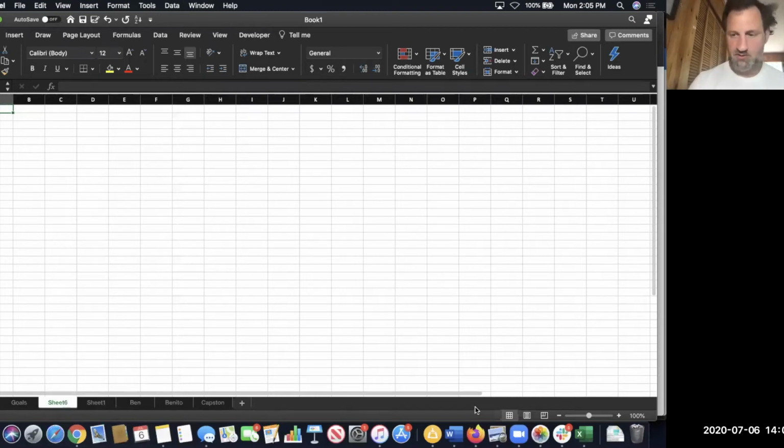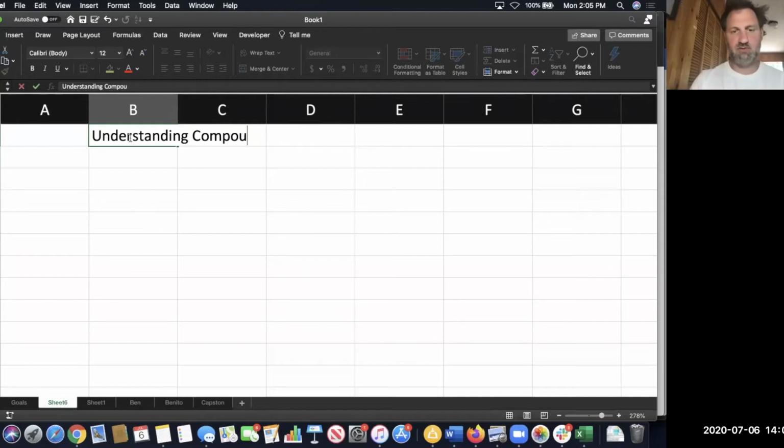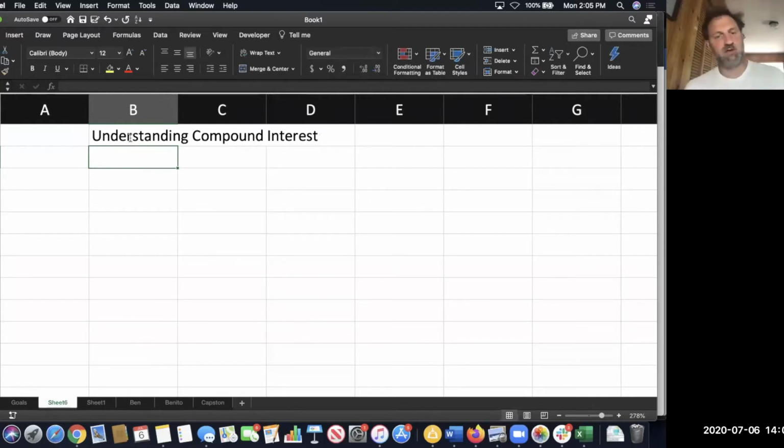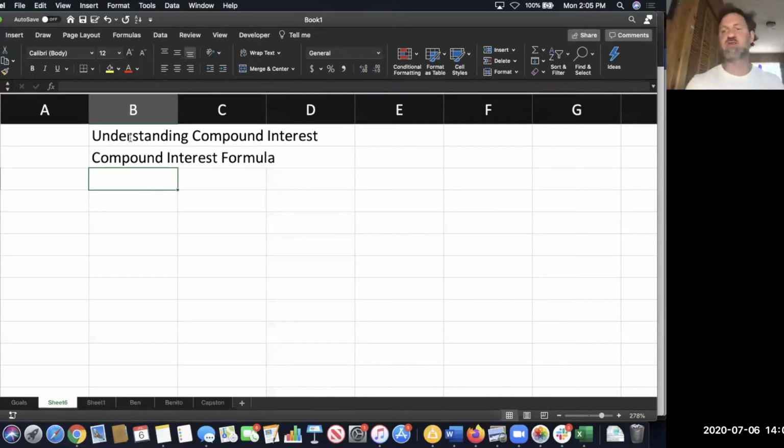So here's kind of a map of it. You start with understanding compound interest, which hooks off of the exponential models, right? And then there's that crazy compound interest formula, which is not super useful in your own personal life, just based on me being a math person, knowing I can use that formula and never using it